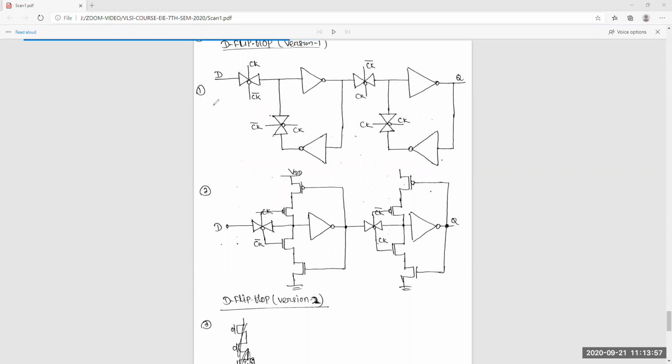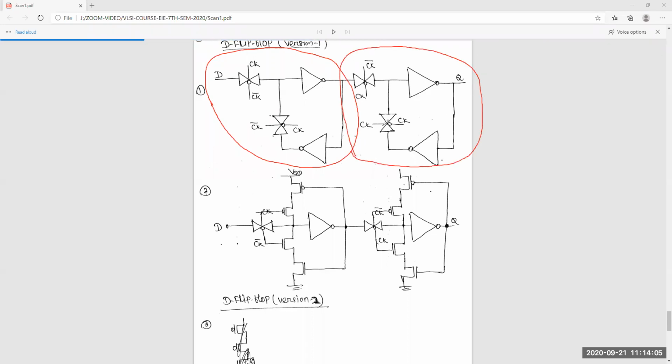First of all, do you understand this latch or not? By using 2 latches, we will design a flop. This is master and this is slave. Depending upon the clock, sometimes this will be on and this will be off. Off means there is no transparent, no direct connection. Sometimes this part will be on and this will disconnect, and sometimes this will be on and that will disconnect. In this way it will work.